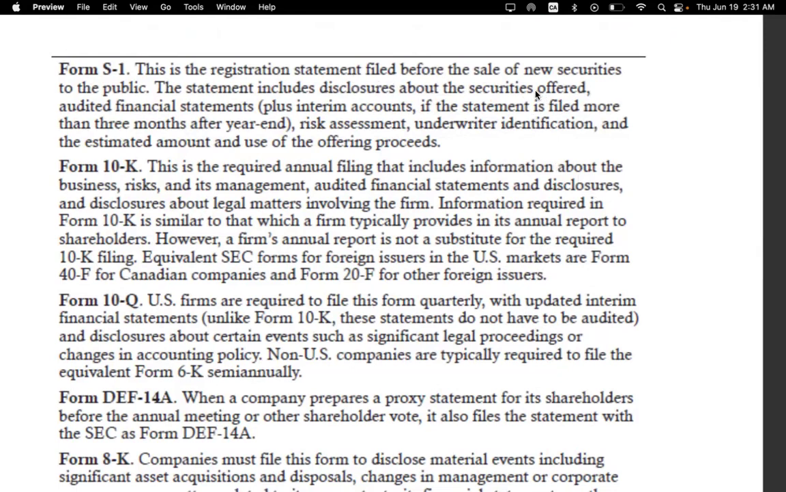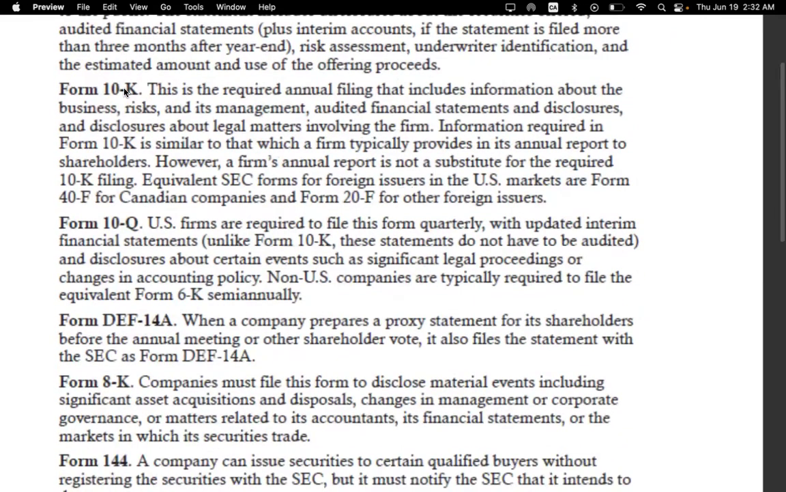इसमें डिस्क्लोजर्स हैं कि सिक्योरिटीज क्या ऑफर हो रही हैं, ऑडिटेड फाइनेंशियल स्टेटमेंट्स दी हुई हैं. If the statement is filed more than 3 months after year end, risk assessment, underwriter identification, मतलब all the information that you would probably need to make a decision. So this is the information that's given to you in form S1. It is the registration statement filed before the sale of new securities to the public. बस ये याद रखो. इसका contradictory है